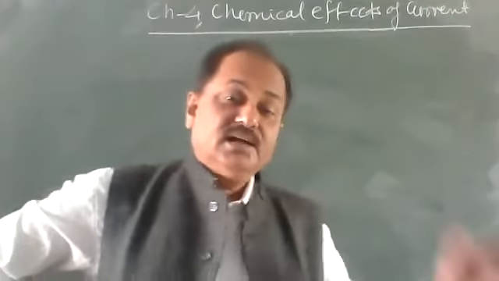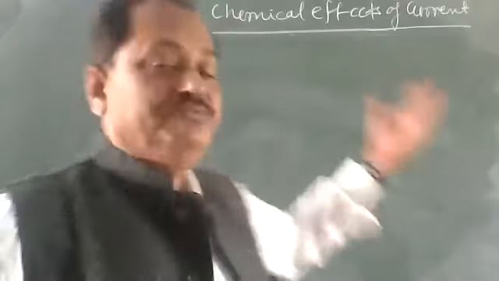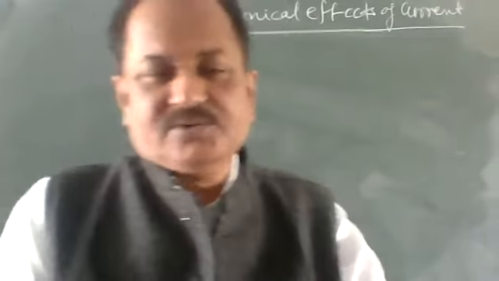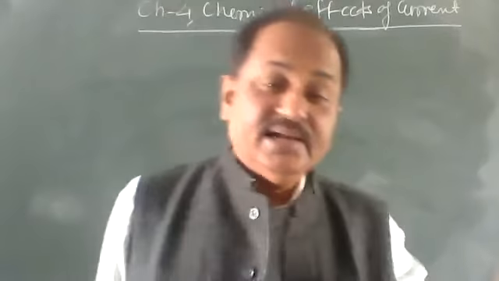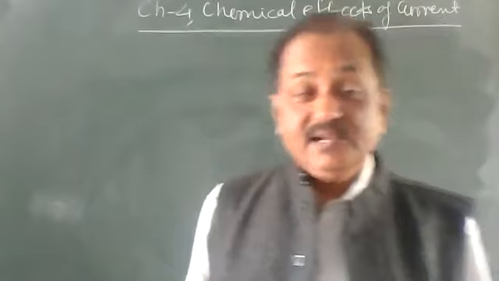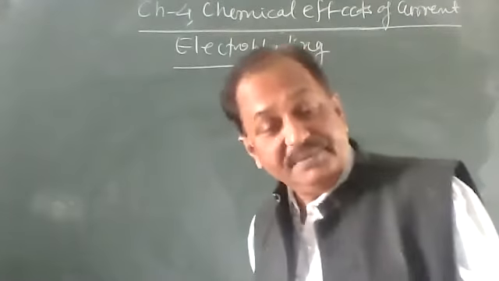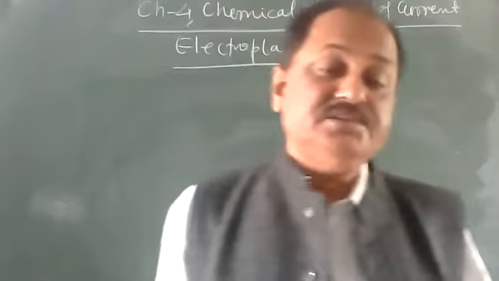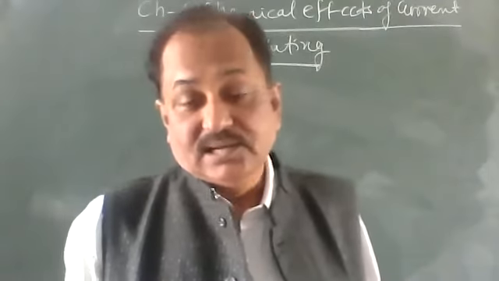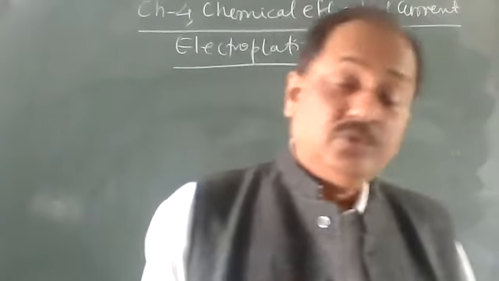Now, I'm going to explain a very important part of current electricity, which we call simply the current. So current is also called current electricity. Now it is electroplating. Today we will see electroplating. Electroplating may be defined as a process of coating a layer of less reactive metal on more reactive metal.